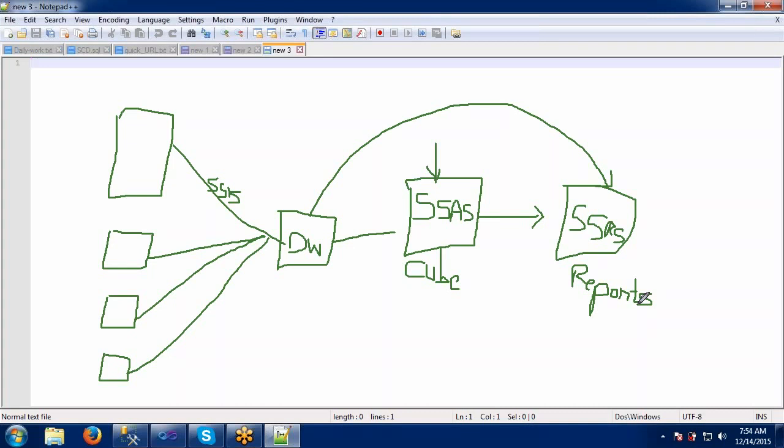See, the final CEO or manager cannot understand all these technical stuffs, right? So they want it in a simple way. Just by looking at that report, they should understand what the situation is now. So for that, we have to simplify the report. To make things very simple, we are going to use this SSRS.